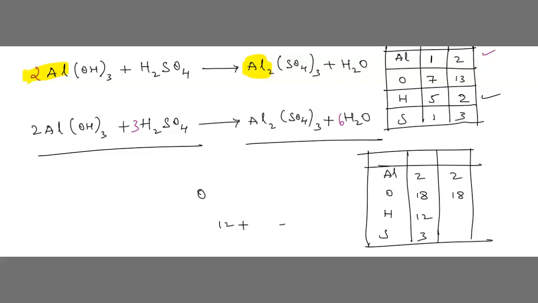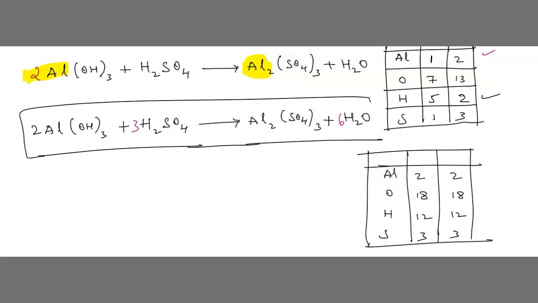Understood? Next, how many H do we have on the product side? 6H2 means 6 2s are 12 H. Again here also 12 H. Now it is balanced. Now come back to S. S, O4 thrice, no? So S we have only 3. Here also 3. See, we were trying to balance something, but automatically the other things also got balanced because of those things. Understood?